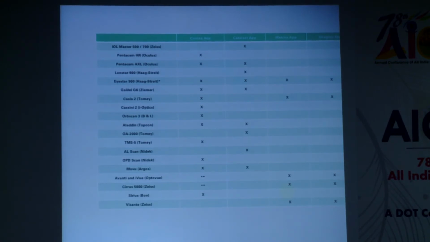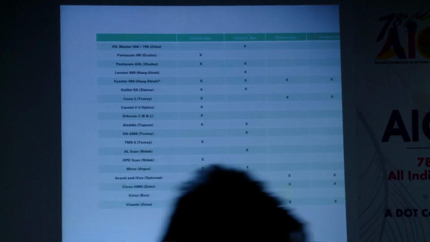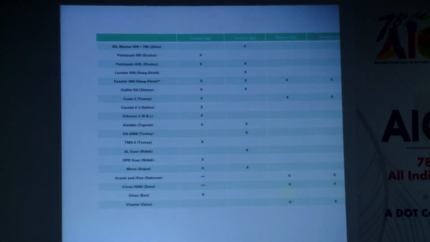So we are building our database of our patients for studies at the present moment. Our earlier trends are extremely encouraging. They show comparison between the Anterion and already established Lenstar and IOL Master to be very similar. In fact, for the CCT, I would say that we've already done the corneal thickness data, and the repeatability of the Anterion is 0.9 micron. That is the repeatability that the Anterion has achieved.